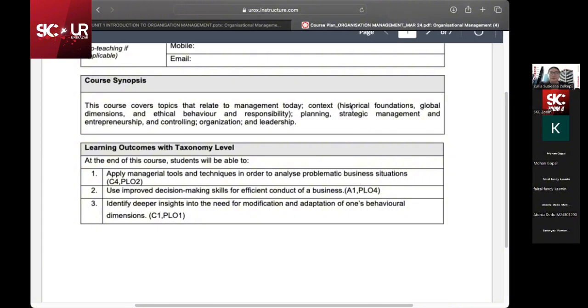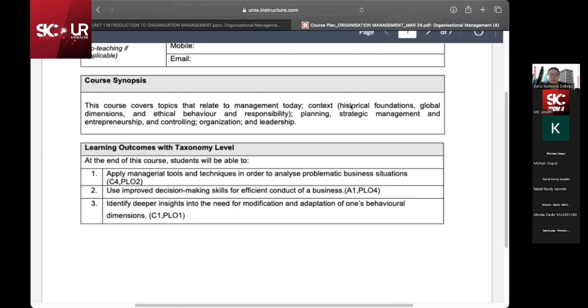Before this, maybe we said that only bosses make decisions. But nowadays, when employers want to recruit new employees, one of the things that they look at is the decision-making skill. So don't say that if we are not in the top management position, if we are just an employee or executive, we are not required to have decision-making skill. But actually we do, right?